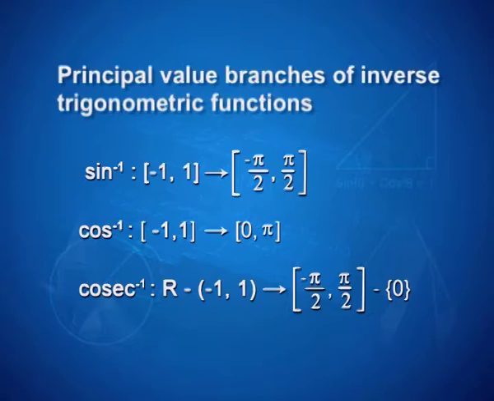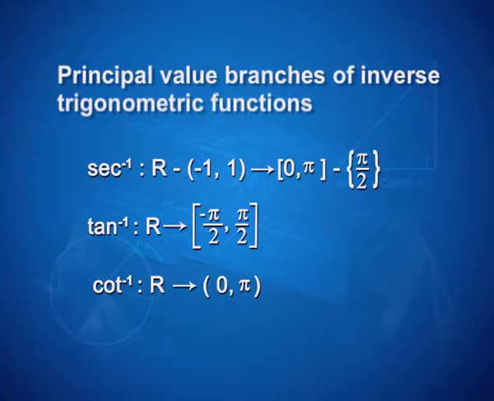And so, we have principal value branches of inverse trigonometric functions, all 6 listed here. The first 3 were discussed in great detail, and the next 3 are now written down for you to copy down. Also take a look at why we are looking at intervals like 0 to pi minus pi by 2. Sec inverse has the principal value branch with the range 0 to pi minus pi by 2, simply because sec pi by 2 is not defined. So, I have to leave pi by 2 out of the closed interval 0 to pi.